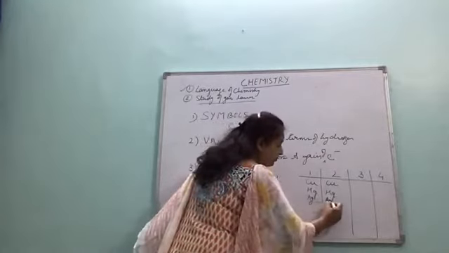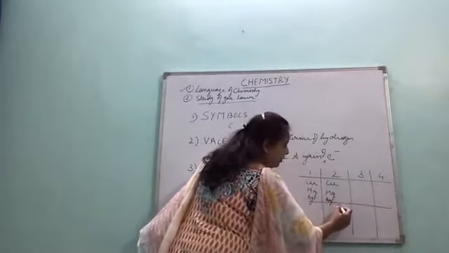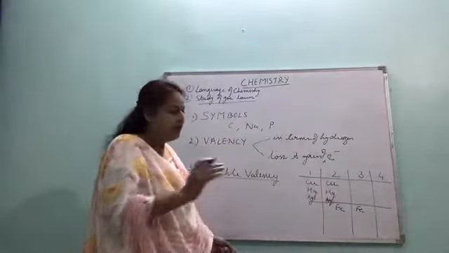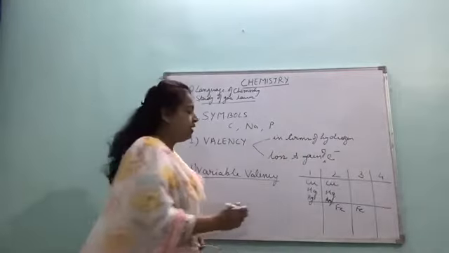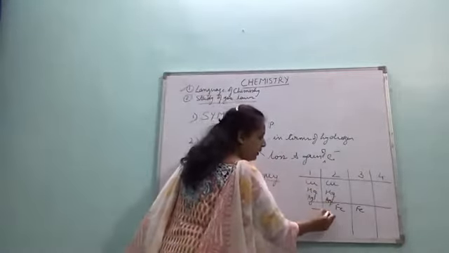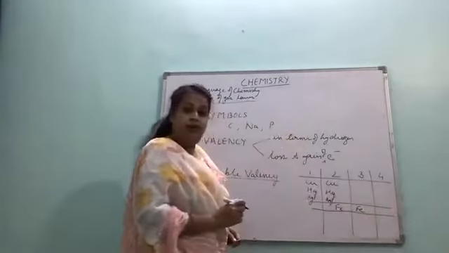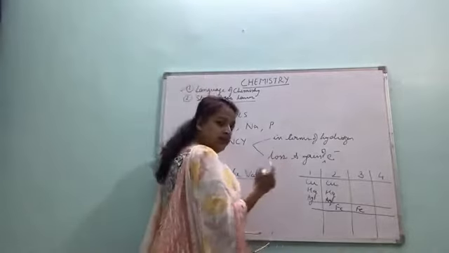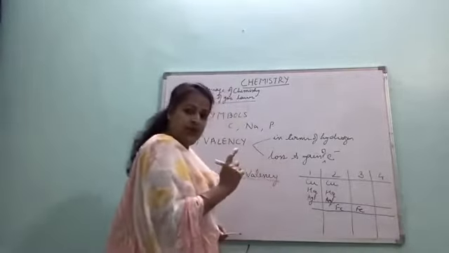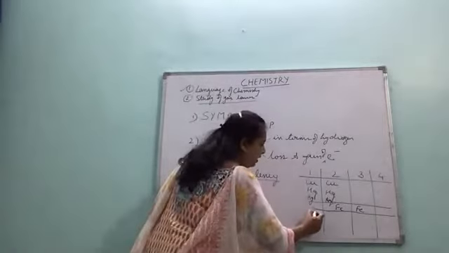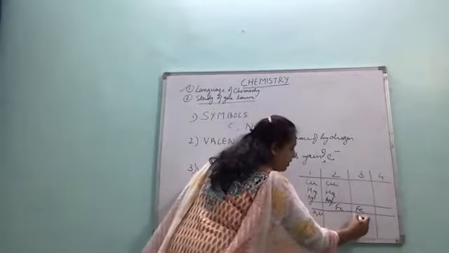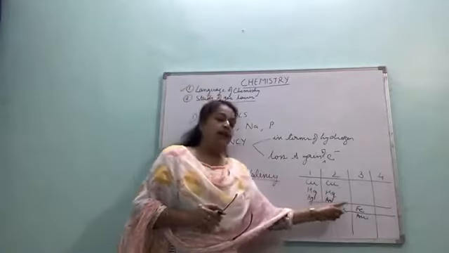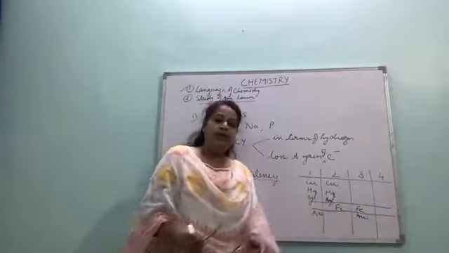Iron is all alone, showing variable valency 2 and 3. Iron, the most abundant metal which is used in today's world, is all alone, showing valency 2 and 3. Another one, gold, quite expensive, you can say most expensive, leaving platinum, right? Is a unique metal, also shows variable valency 1 and 3. Gold, Au, showing variable valency 1 and 3. Copper, mercury, silver 1 and 2. Iron 2 and 3. Gold 1 and 3.